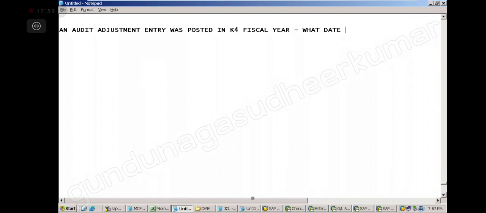What date? December 31st. You should know what K4 is, you should know what an audit adjustment entry is, and you should know when it will be posted. If you know all this, then only can you answer. So what is the date it will post?